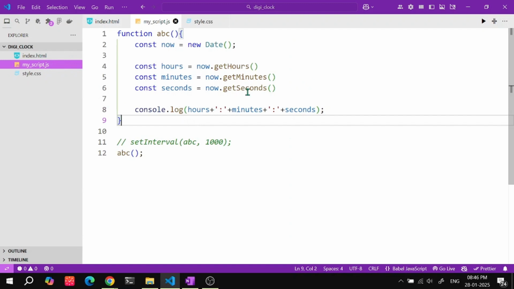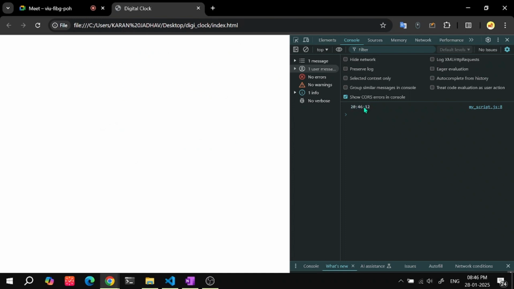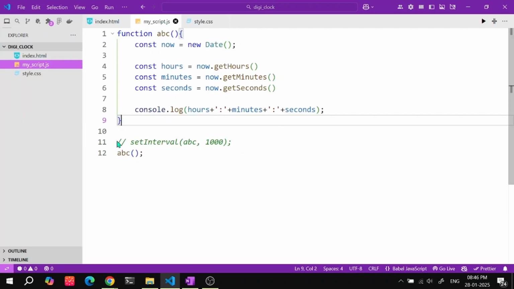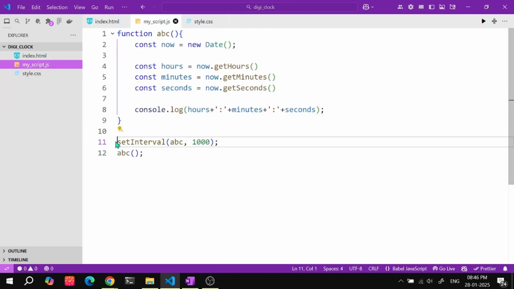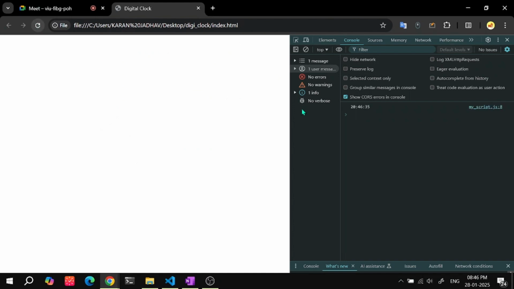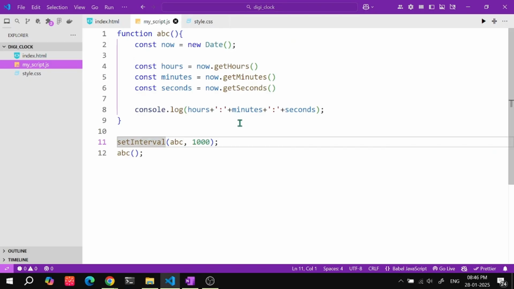Now you see, now we are able to get timing like this. I want to get it every second. For getting it every second, just run this one. You see, automatically I am able to get the timing of this kind. You got it? Now I want to write this timing in this